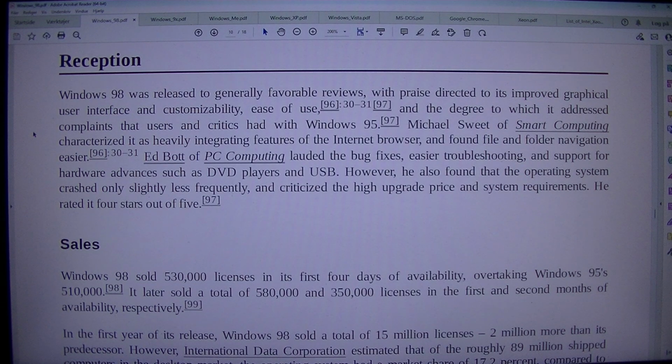Ed Bott of PC Computing lauded the bug fixes, easier troubleshooting, and support for hardware advances such as DVD players and USB. However, he also found that the operating system crashed only slightly less frequently, and criticized the high upgrade price and system requirements. He rated it 4 stars out of 5.